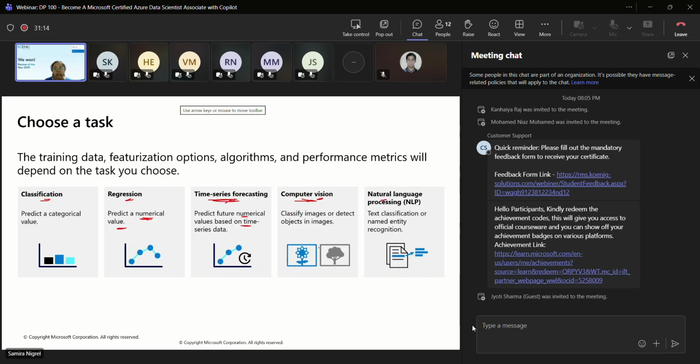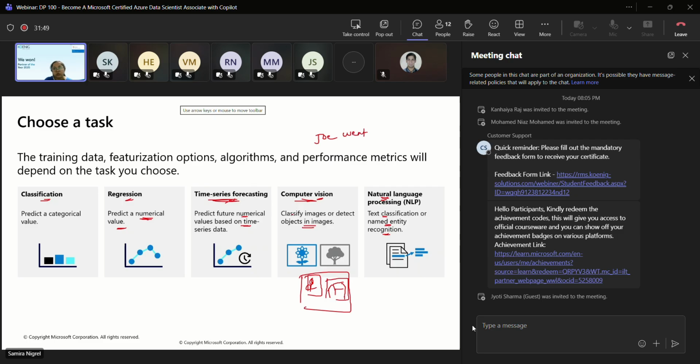If you want to categorize or classify images, say whether it is a flower or a tree, or you want to detect objects when there are multiple objects, you can use object detection. Again, that is computer vision. Natural language processing works with text classification, let's say email segregation into inbox and spam. That can be done via NLP, or named entity recognition.